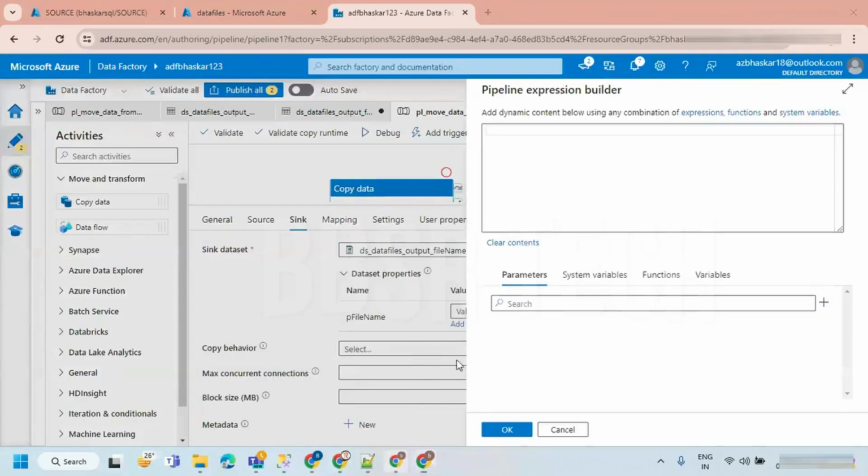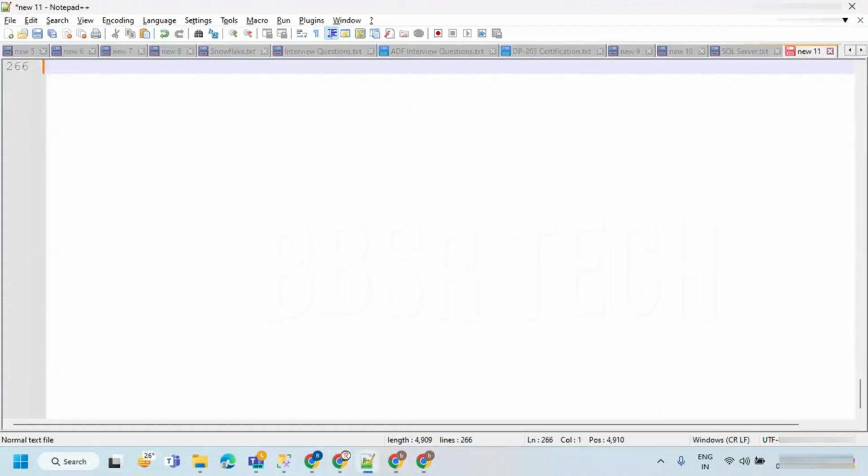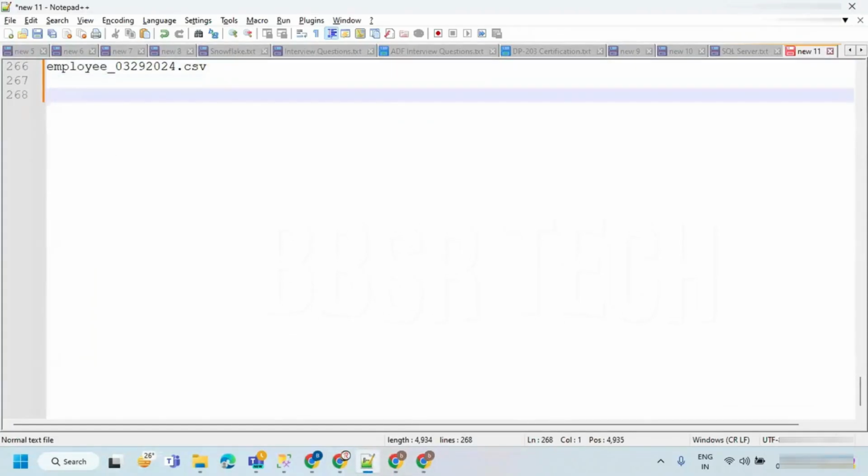We have to get this requirement, right? This is the requirement that we are looking at. Employee is common. We know how we can get this date part. We already saw it in the previous sessions, in the set variable activity. So I'm just taking utcnow directly. UTC now is going to give the current date and time. The output of this we are going to give to